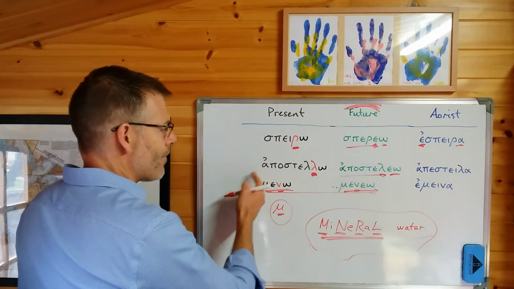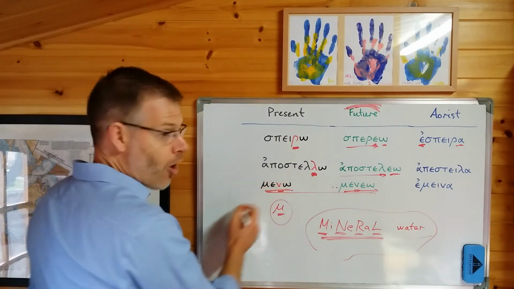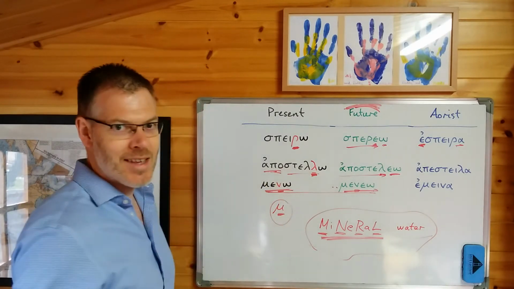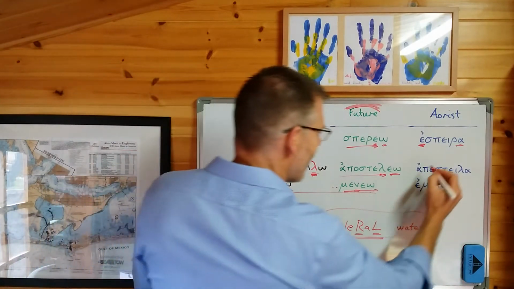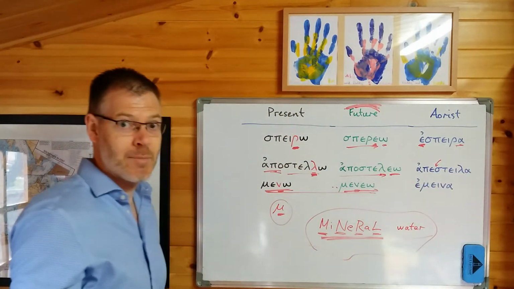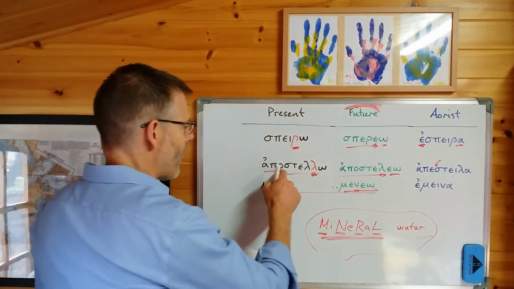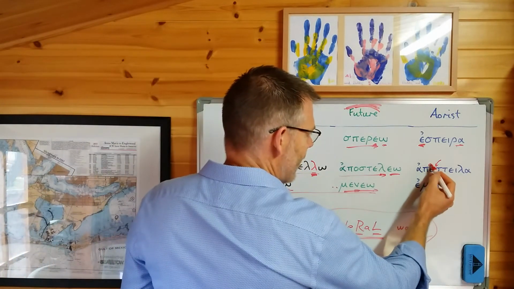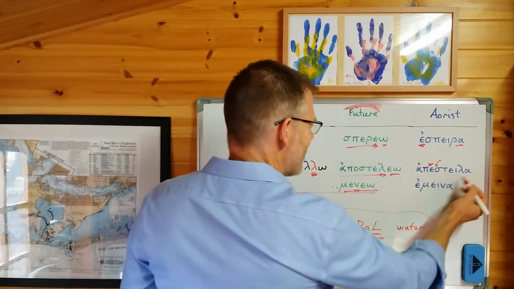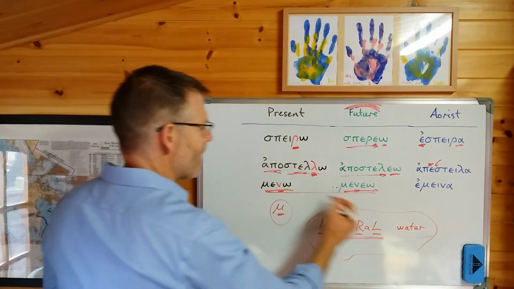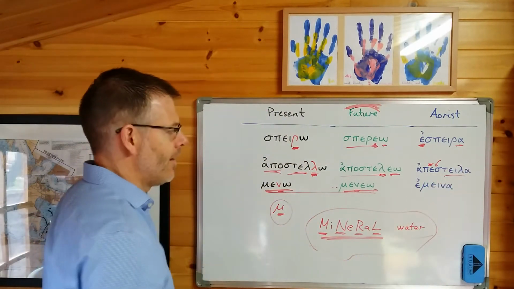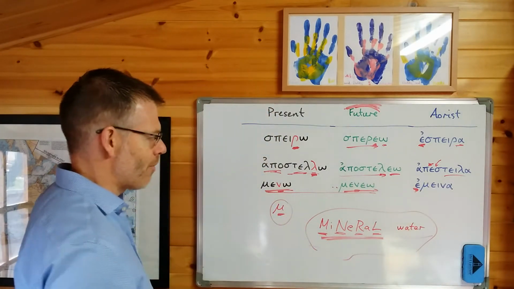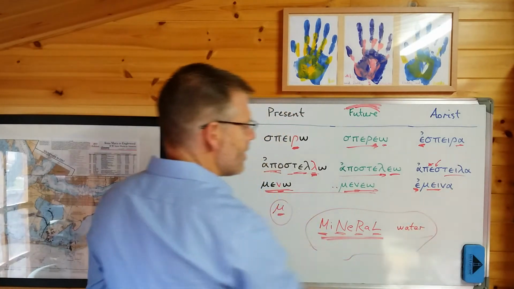Also, you've got similar rules if you have a compound verb. So apo plus stello. Where is the epsilon augment going to be added here? Well, it's going to be added always, always, always to the beginning of the stem, and then the omicron elides, because it's a compound verb, so the o has disappeared: apestela. Stel has gone to stale. And then meno again obeys the same rules here, epsilon augment. Meno has gone to maina.